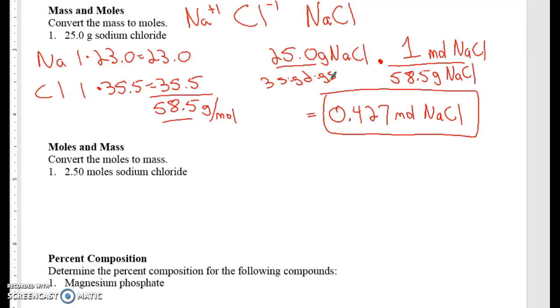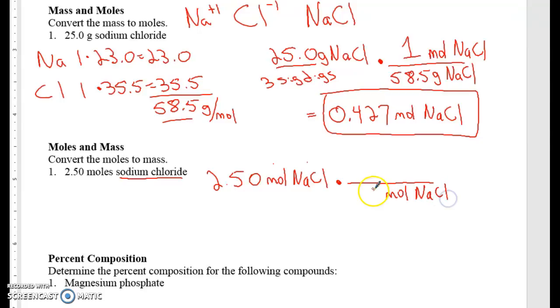Now for the next one down, it is the same compound. It's sodium chloride, so that's going to save us a little bit of work because we already figured out the molar mass of it. Start off with the number I gave you, 2.50 moles of NaCl. Get into the habit of writing both the units and the compound or element or molecule that's being used. Now since I started off with moles of NaCl, mole goes on the bottom, and it's always 1 in the conversion factor. And we use the molar mass we already calculated,